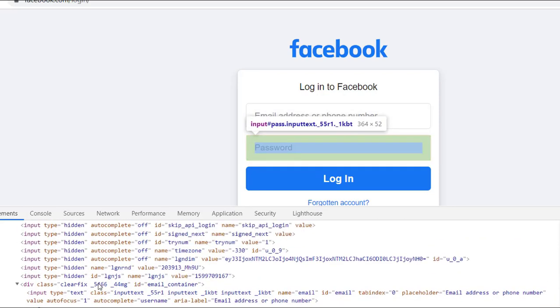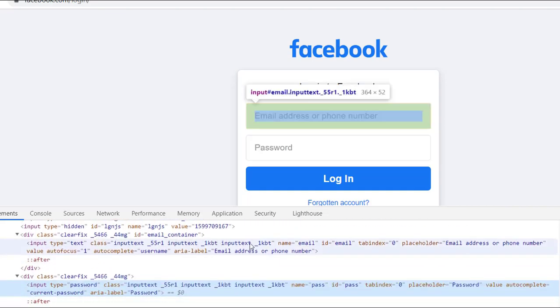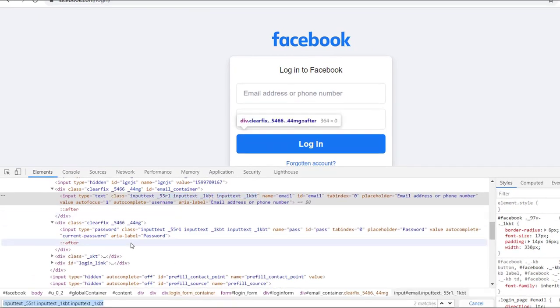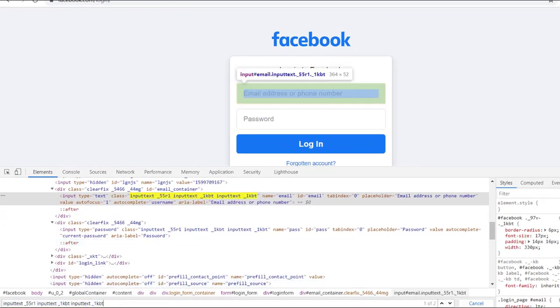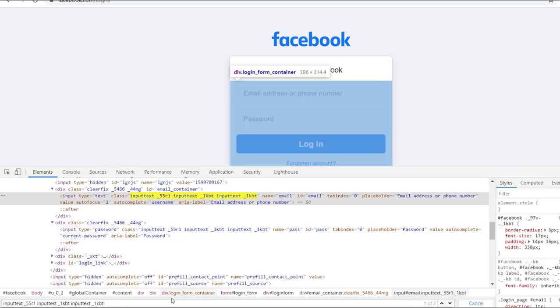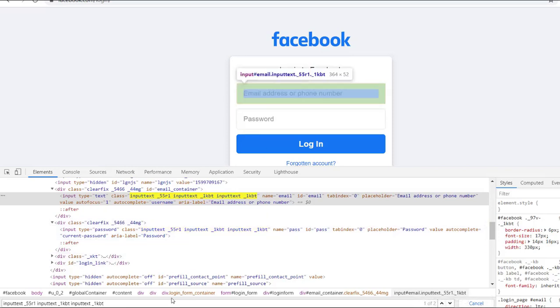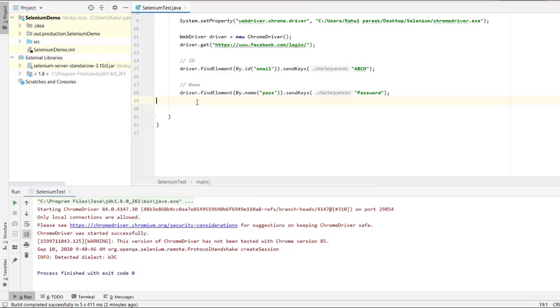So this is basically the class name for these two boxes. Let me do Control F. If you can see, there are two locators for this particular class, the email input box and the password input box. In the same way, for some requirements we can do it with the class also, if it is a single locator, or if you want to get multiple locators with the same class, then you can get them through it.